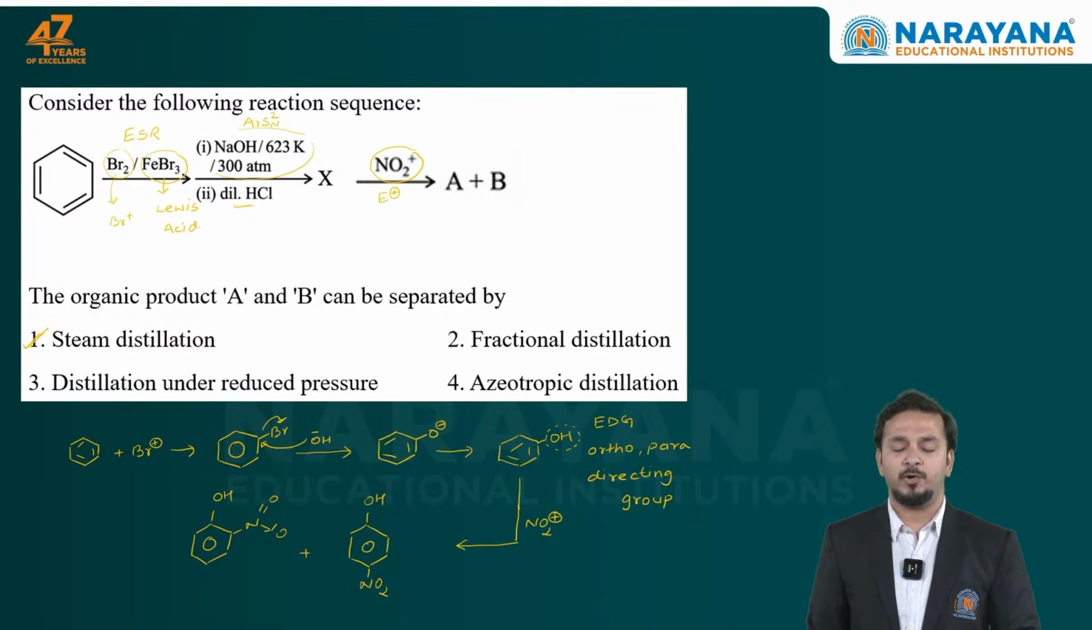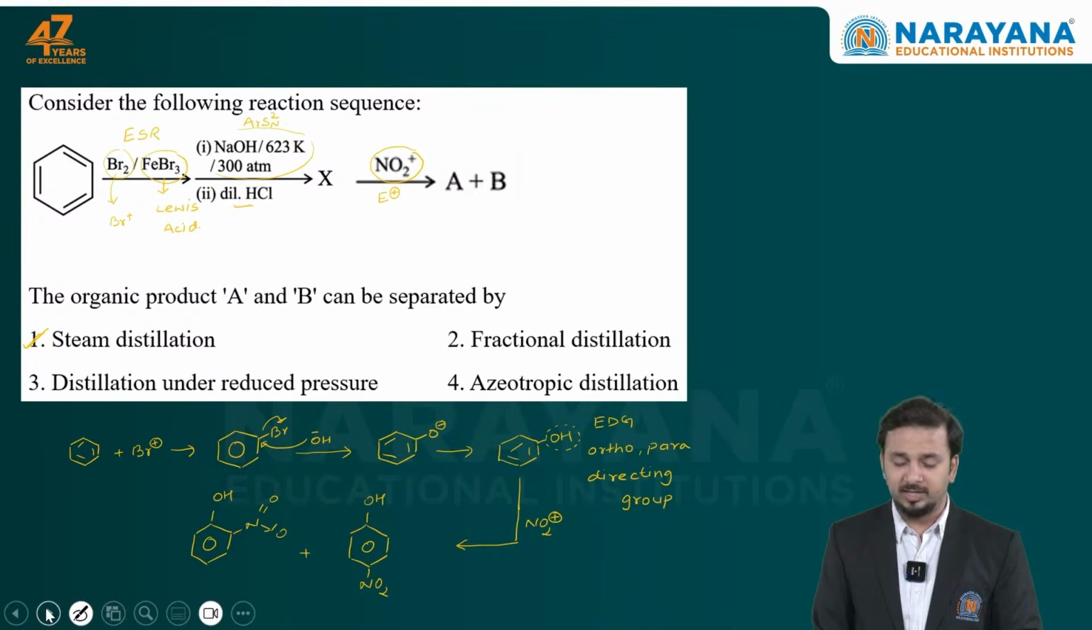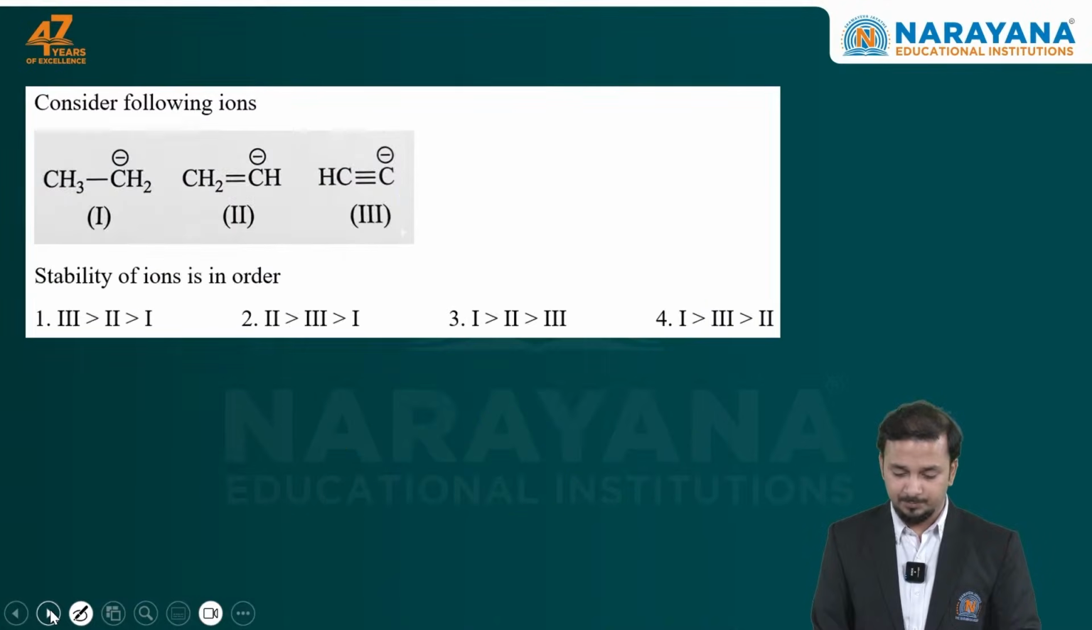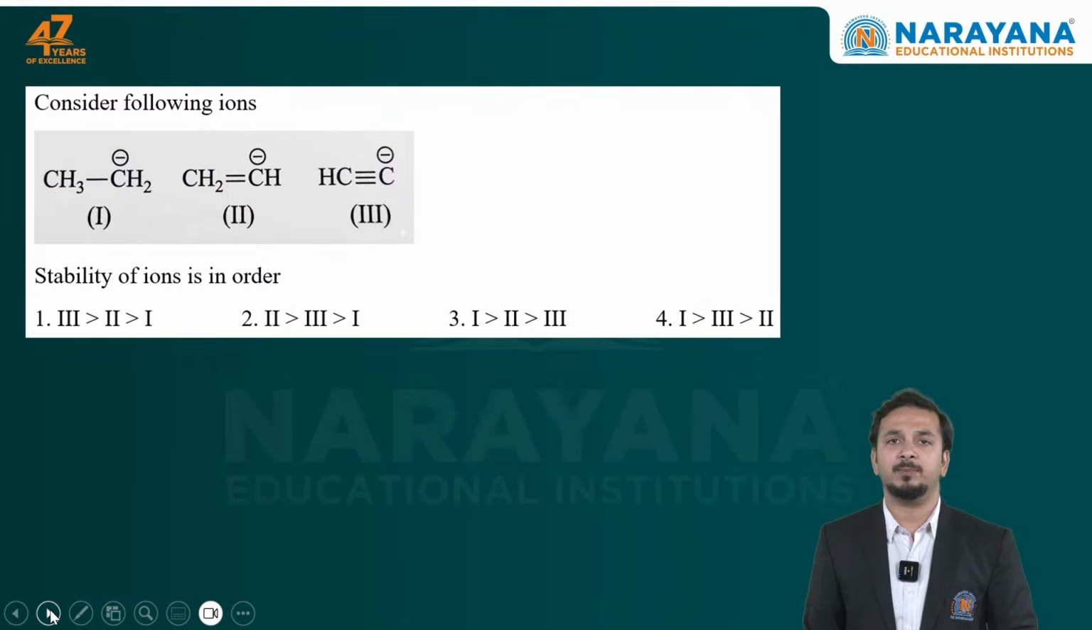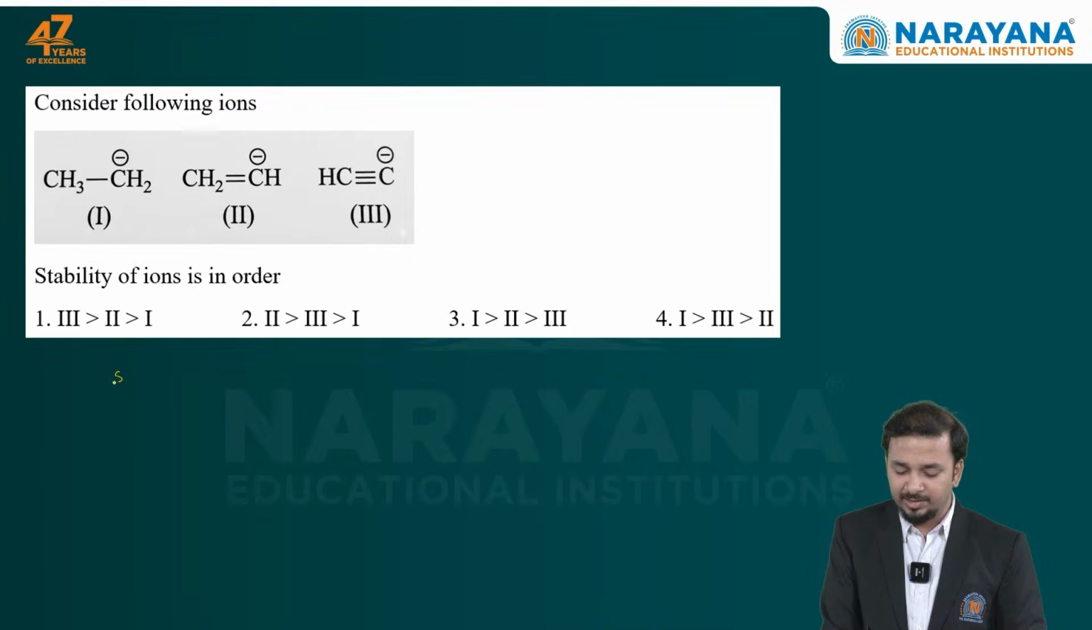So this is a moderate level question because they are involving multiple concepts and the purification method. Let's move to the next question. The next question is again from organic chemistry. Let's read the question. They have given 3 ions and they're asking what is the stability of ions. So the ions which they have given are carbanions. So basically they're asking the stability of carbanions,